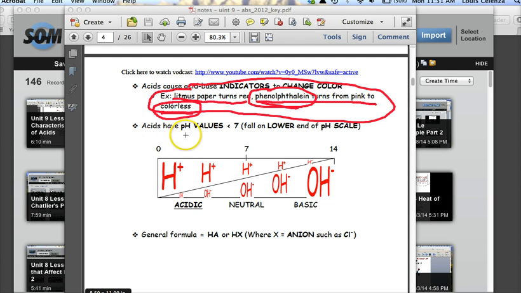What about pH? pH is a number that tells you whether something's an acid or base, but it also gives you a general idea about the strength. Acids have, and you know the pH scale goes from 0 to 14, anything less than 7 would be acids. And the strength of acids, as you go from 7 to 0,